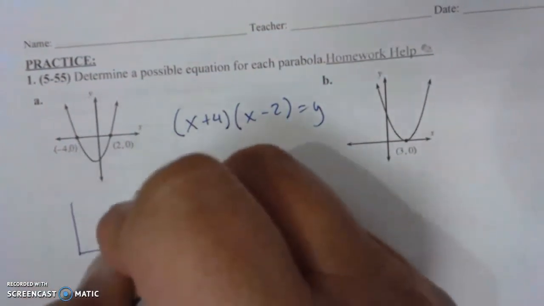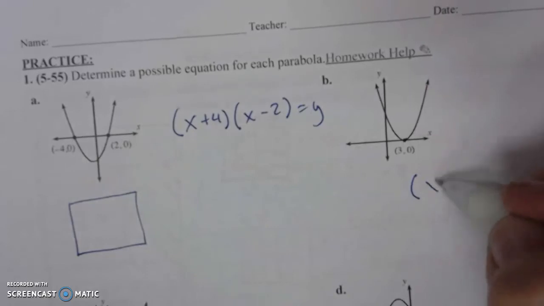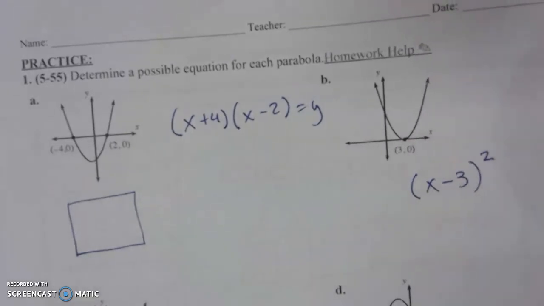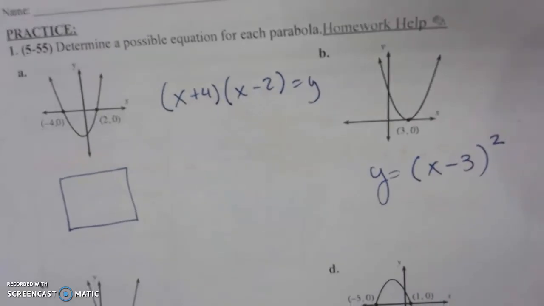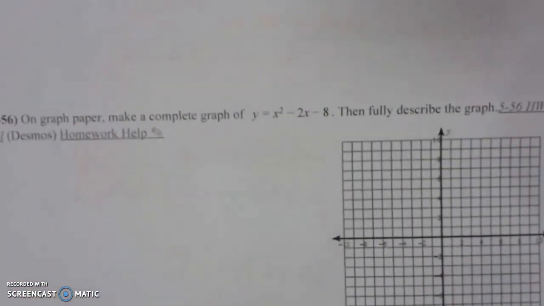Set up your box for that problem. This one, remember, it's going to be at the 3, so it's x. The opposite of 3 is -3. When there's one vertex, you're going to square it. Oh, I just made your life easier and finished this problem for you. That's what it is. So you're going to do 1, 2, 3 problems, and then this last problem right here,